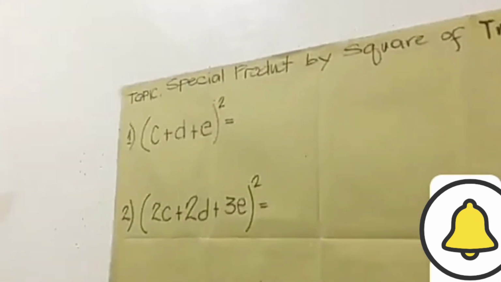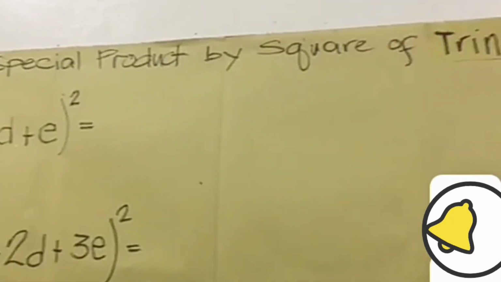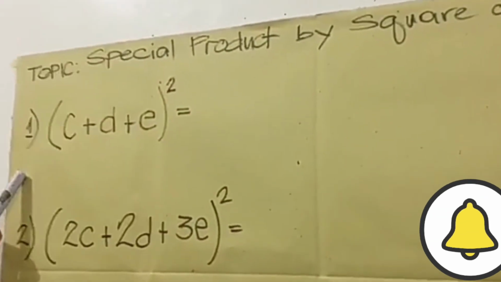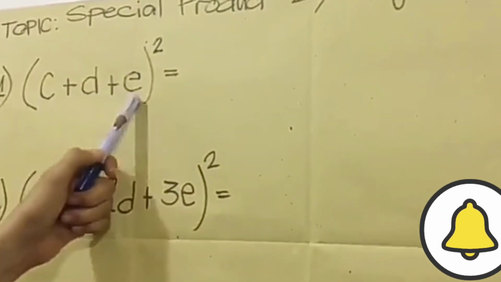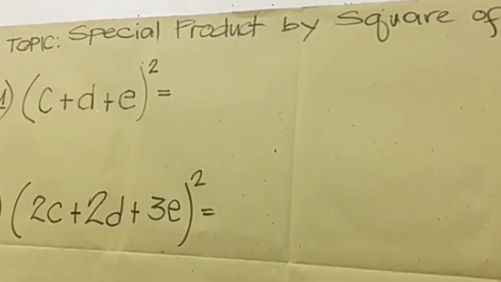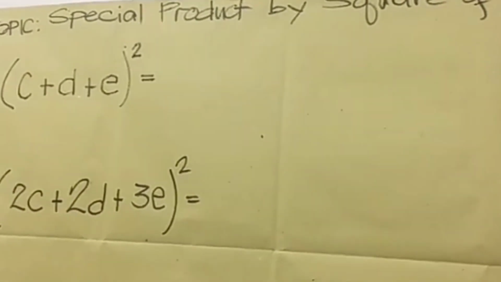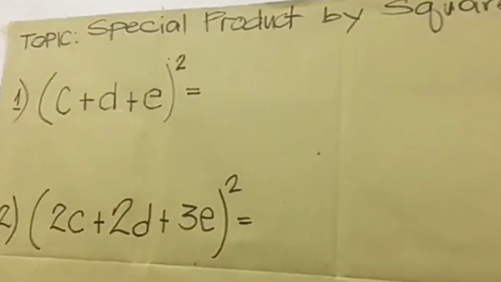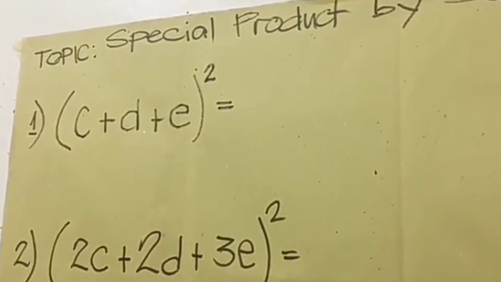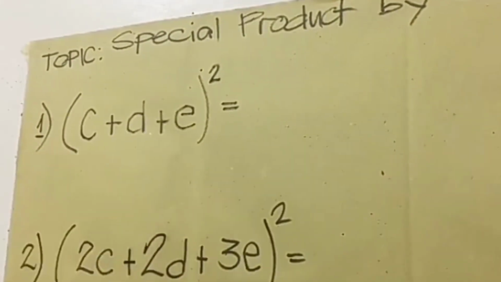Our topic for today is about the special product, square of trinomials. This is called square of trinomials because inside of this parenthesis we have three terms. Since this belongs to special product, we have to follow the pattern. The pattern is that we're going to square the first term